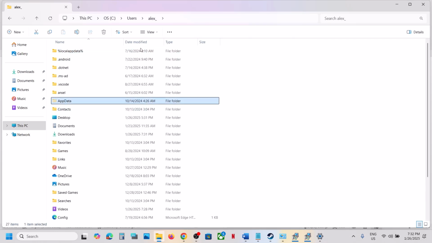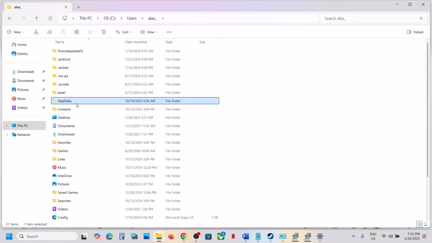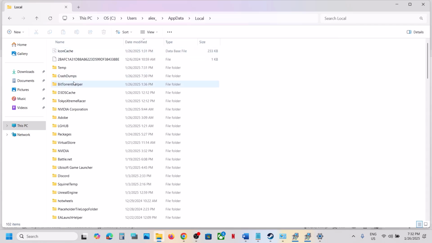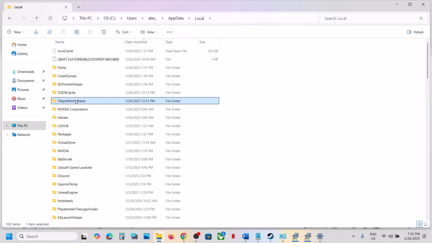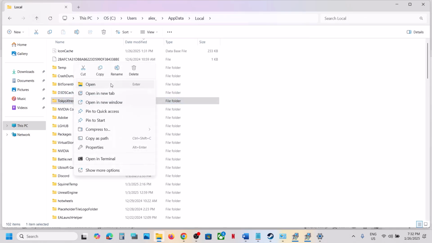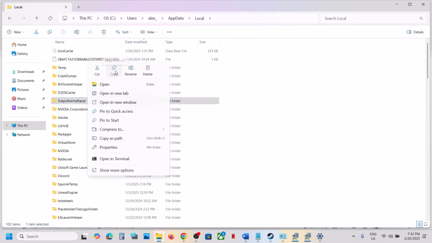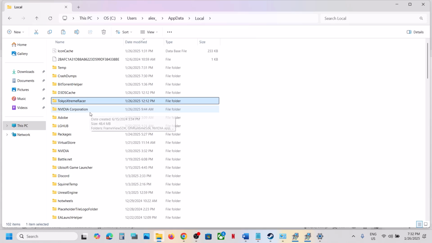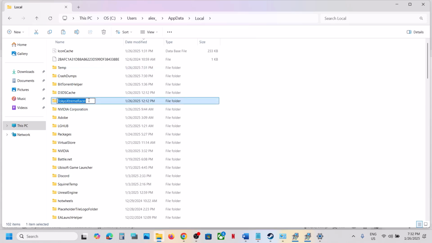Open app data folder. If you don't see app data at the top, click on view, select show, put a check on hidden items, and then open app data. Open local, open Tokyo Xtreme Racer folder, open saved folder. You simply go back and just make a right click on the game folder and then you can rename it. Now if you want to create a backup, you can just copy this folder and then paste it to the desktop, and once you have a backup, now you can rename it .old